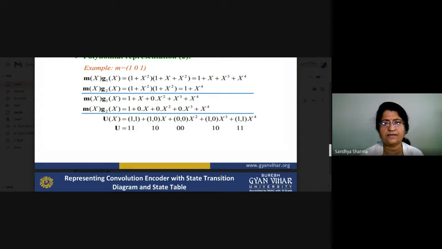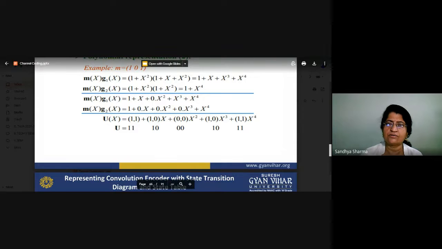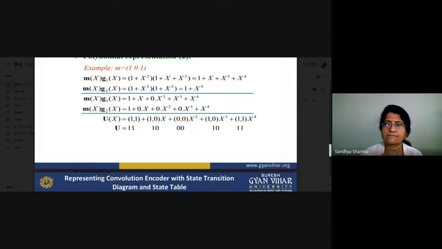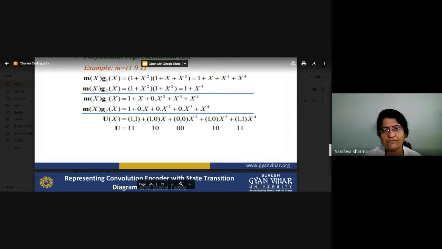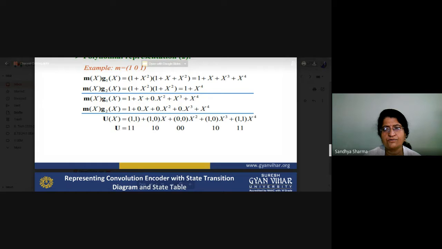So according to that formula, you can see here this is the constant, this is the constant, and this is the first order polynomial, second order, third order, and fourth order. In these equations you have to see which order polynomials are not existing, so we will indicate that as a 0. According to that we will make a pair: 1 1 1 0 0 0. Okay, so 1 0 and 1 1.